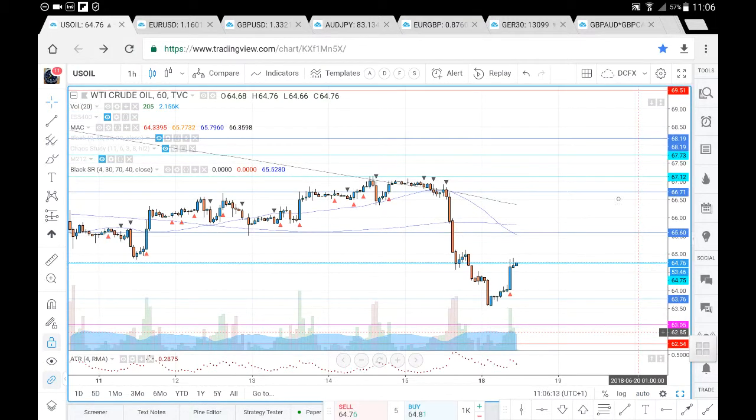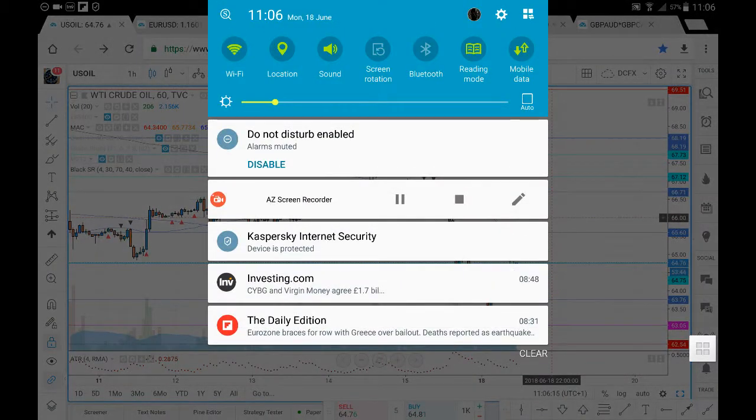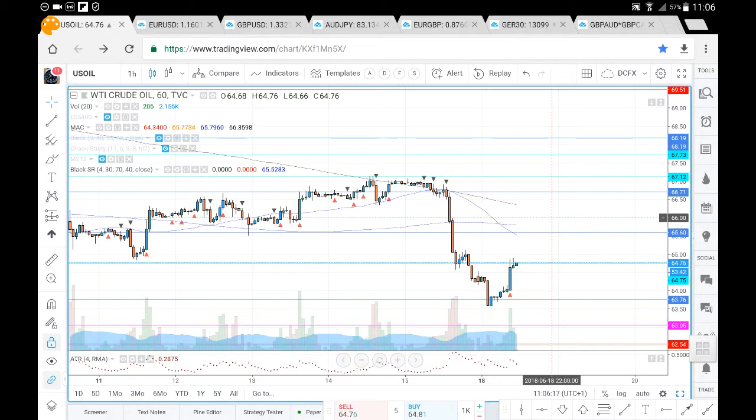So this is the US oil analysis for Monday the 18th of June. Now let's have a look at prices and where prices may likely go. We encountered resistance at around 67.12, had a brief pullback, and prices headed back up above the 400 period moving average. We couldn't get another test of that